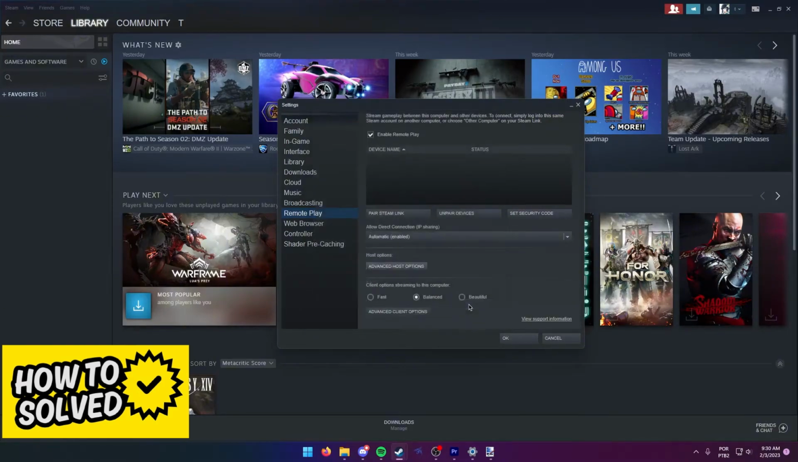Click OK once you are done, and then this is the most important step. On the client options, you can choose to make the game more beautiful. However, this does mean lots of lag, or you can make it fast, but the quality might drop a little. If you are having too much lag, you might want to consider dropping it to fast in order to ensure